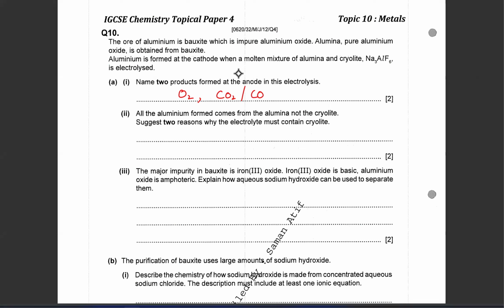Yes, sir. Then it says, all the aluminium formed comes from the alumina, not from the cryolite. Suggest why the electrolyte must contain cryolite. We did this before. Why is cryolite added? Lower temperature. So lower melting point. Right. Okay, lower melting point. So what does that